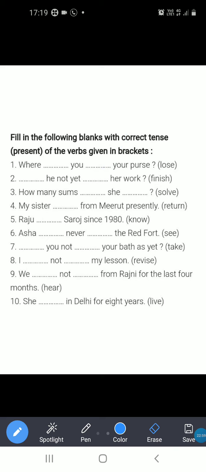Okay, guys. This is what I taught you today, present continuous and perfect tense. Tomorrow also we will continue with the same topic, present perfect continuous and next past. If you like, please like. If you face any problem regarding the video or the topic explanation, please comment in the comment box.